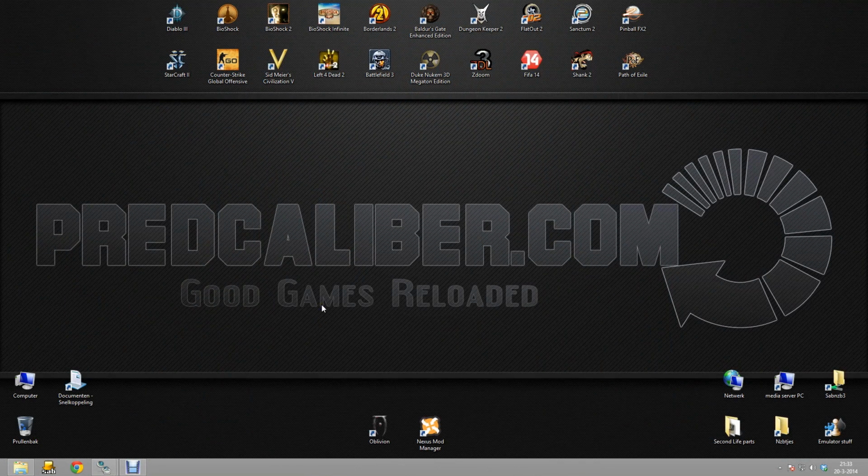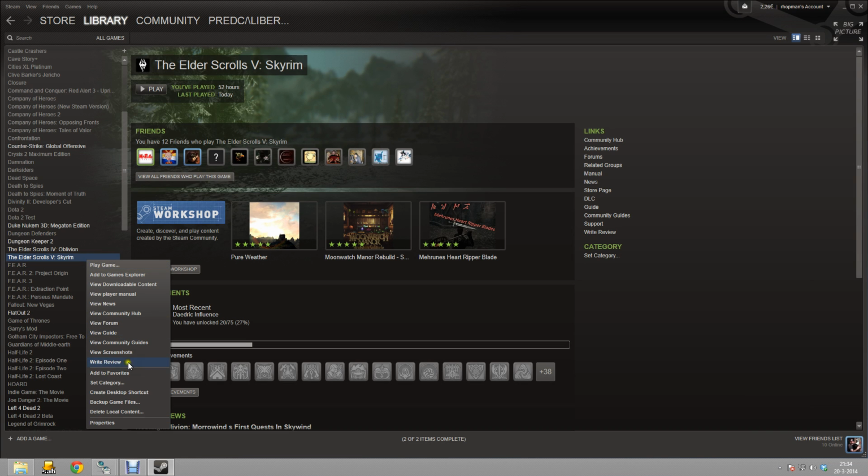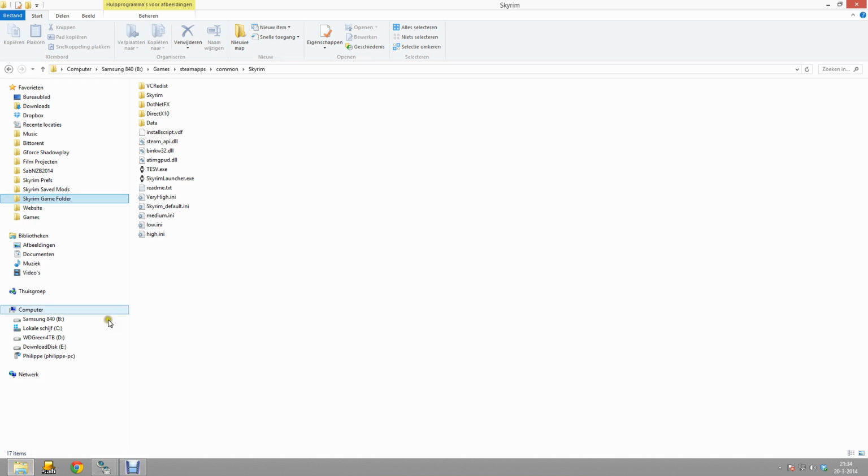Alright, before we start, make sure you properly delete your Skyrim before installing it. If you don't know how to properly uninstall Skyrim, then let me show it for you. First you go to your Steam folder, and there you just delete the local content first. Once you did that, go to your Skyrim game folder, and you can find the Skyrim game folder in your Steam apps folder. You come in and there you delete Skyrim. Make sure all the remaining files are deleted as well, so delete all other files that are in it still,